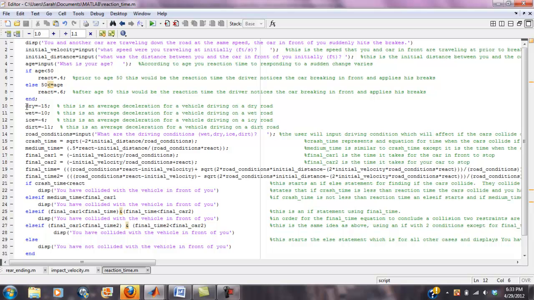Below that, we have different driving conditions. These are all decelerations because you are hitting the brakes. So on a dry road, it's just a normal everyday road, you are decelerating at approximately 15 feet per second squared. Wet roads, you are decelerating at approximately 10 feet per second squared, which is a little slower, so you're more likely to hit the car. Again, icy is even slicker, so -4, and then dirt is -11. So the person would enter those in and out. This would affect your acceleration. So the road conditions are actually used as decelerations in the